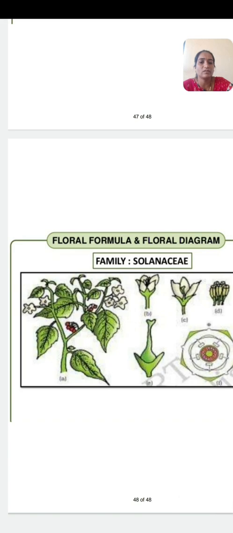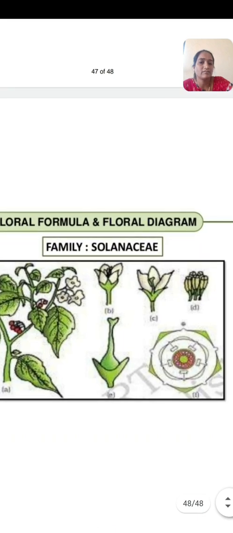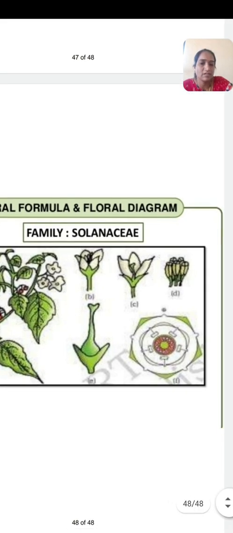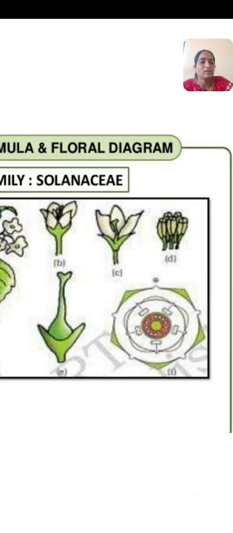Look at the picture. This is the diagram of Datura alba plant. Look at the diagrams: calyx, corolla, androecium and gynoecium. All the floral whorls are given there, and the last diagram, F, indicates the floral diagram. The outermost circle is the calyx, green in color, 5 in number, and they are fused with each other. The second circle indicates the corolla. They are also fused with each other, and then 5 stalks are there which are the androecium. They arise from the petals, and hence it is known as epipetalous. And then the innermost circle is the gynoecium, the ovary, which is a bicarpellary ovary.